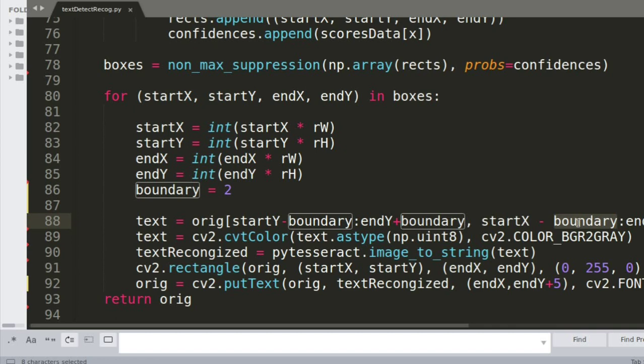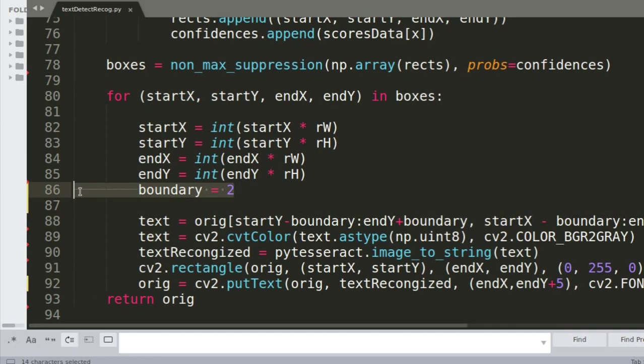And if you notice here, I'm using this boundary. The reason I'm providing this boundary is just to give some sort of cushion on the bounding box, because I'm noticing that the EAST algorithm sometimes takes a very small box, it identifies the text, but it doesn't give the whole box. If the text is not fully captured, then Tesseract cannot work properly. So I'm giving this boundary so that we can give some sort of cushion to the box, so that when we give it to Tesseract, it has a little bit of